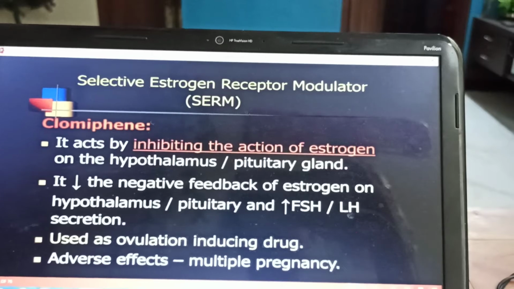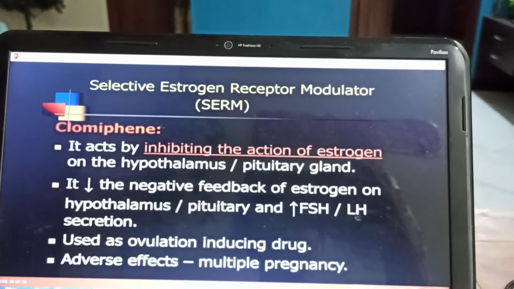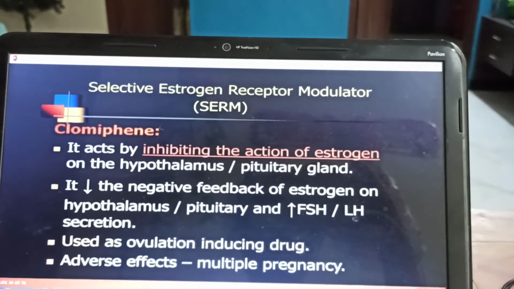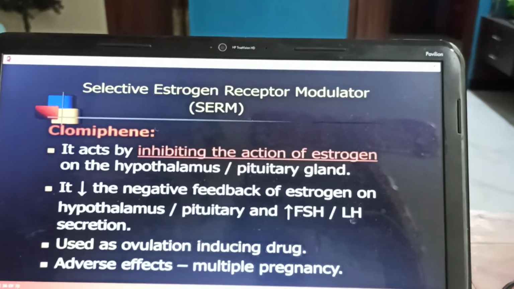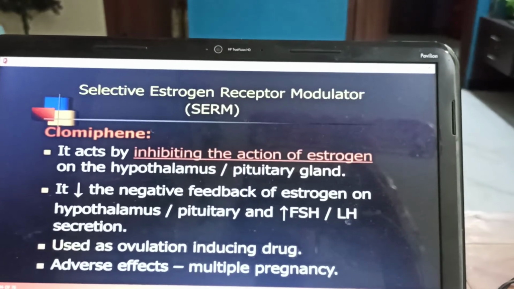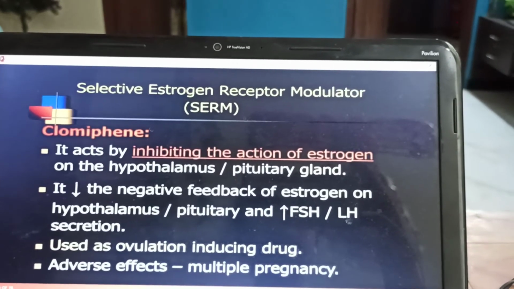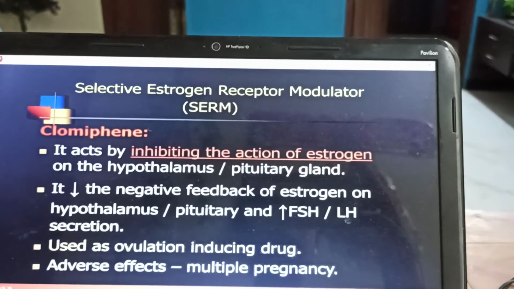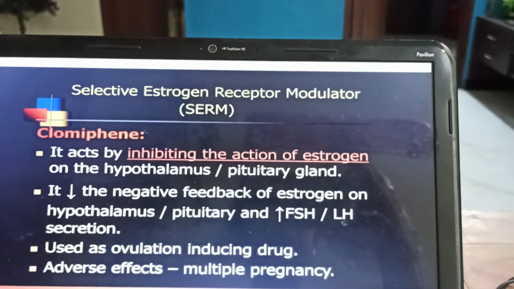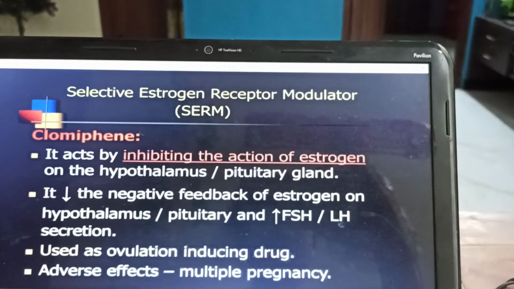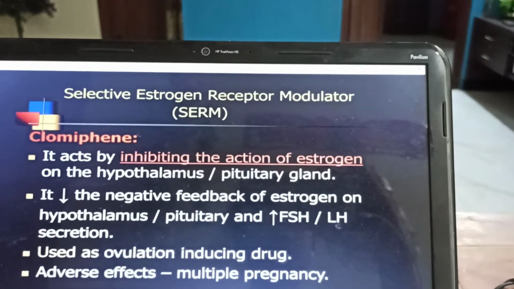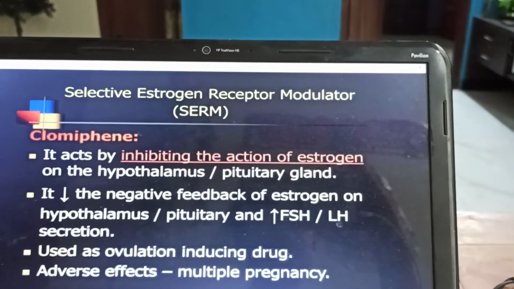First we will see about the estrogen antagonists. Now the estrogen antagonists are clomiphene citrate and fulvestrant. So let us see about clomiphene citrate. Clomiphene citrate acts by inhibiting the action of the estrogen on the hypothalamus and the pituitary gland. It decreases the negative feedback mechanism of the estrogen on the hypothalamus and pituitary, and so it increases FSH and